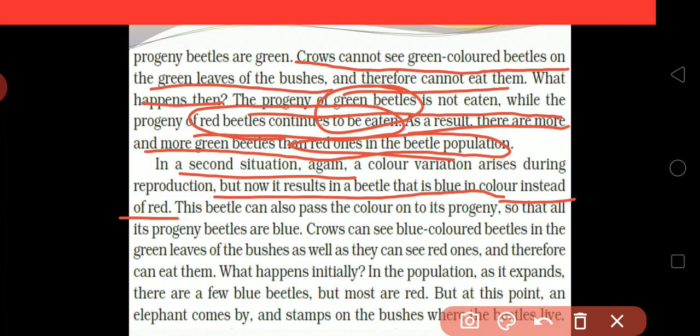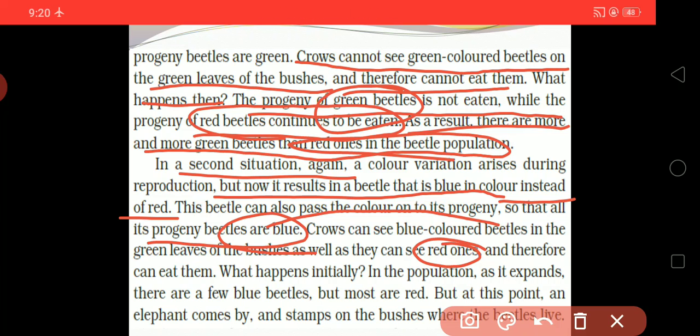This beetle can also pass the color on to its progeny, so all its progeny beetles are blue. In the end they will all be blue, and a crow can see a blue colored beetle on the green leaves of the bushes,